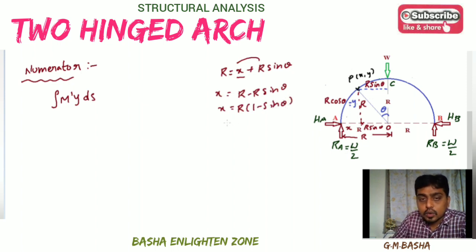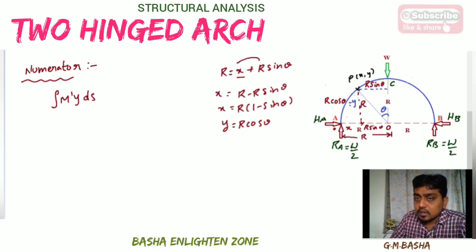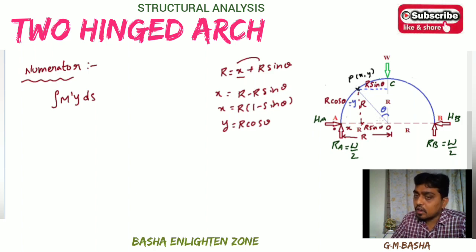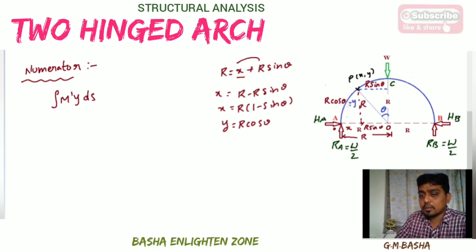And what about y? This y will be equal to r cos theta. I am telling the distances here. From the origin point I am considering a section x at a distance of x from the origin point O. So that is the point P(x, y) I am considering. From here to here exactly it is at a distance of r, at some angle theta from the center. So what is the opposite side? It is directly r sin theta. How do you get this one? Opposite by hypotenuse is equal to sin theta, so sin theta will be directly taken like that. Similarly the adjacent side will be equal to r cos theta.